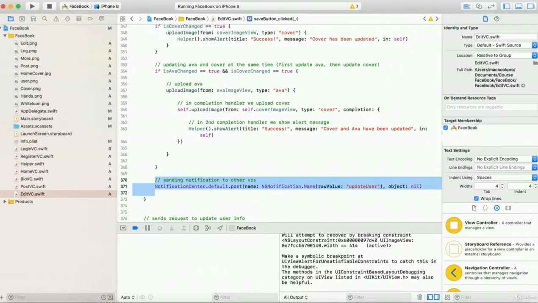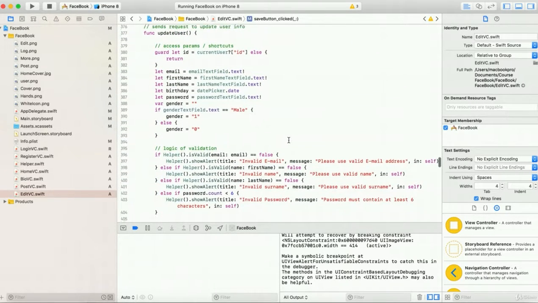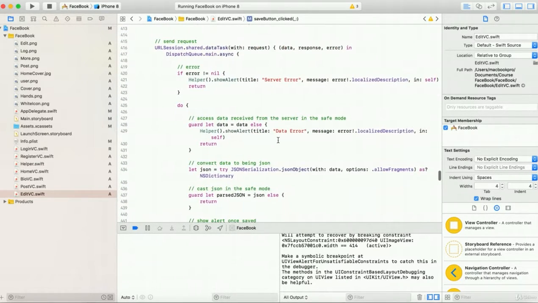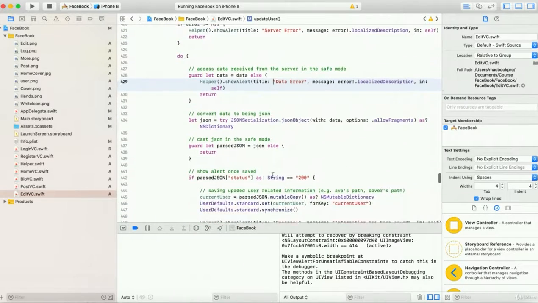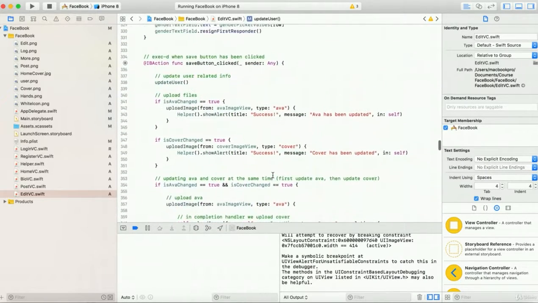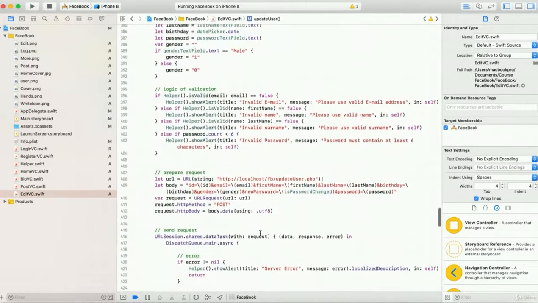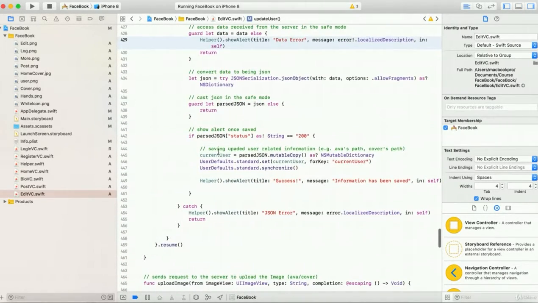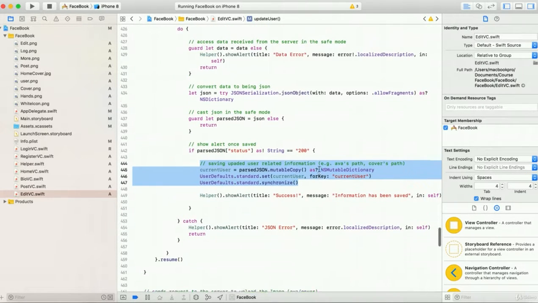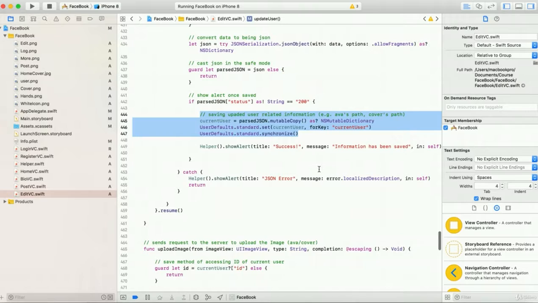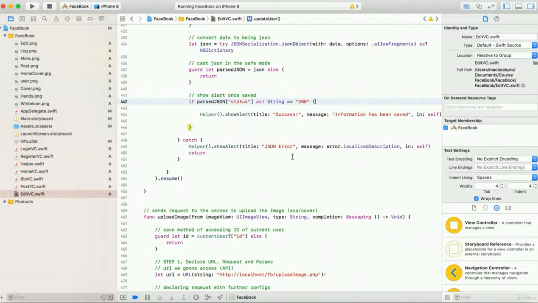This function we will even call, we will post this notification in update. Yes, the mistake that we have done, we are not saving the current user. I don't know, yes, this is the code. This one, update current user. This code for us,